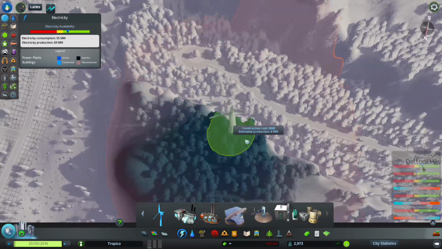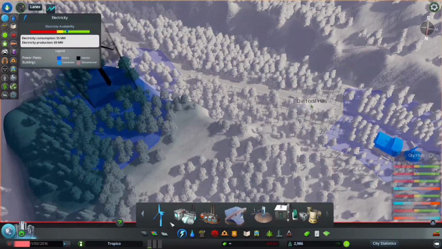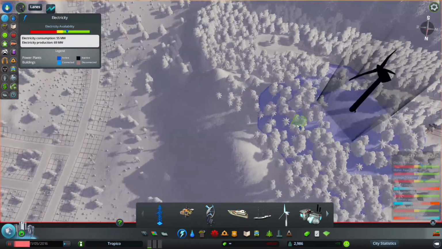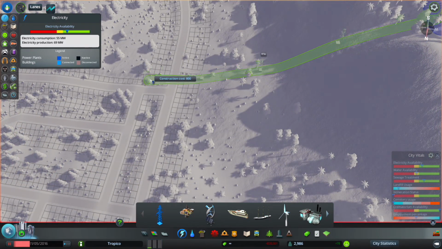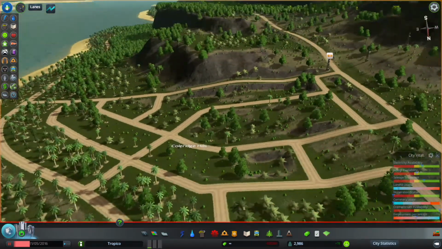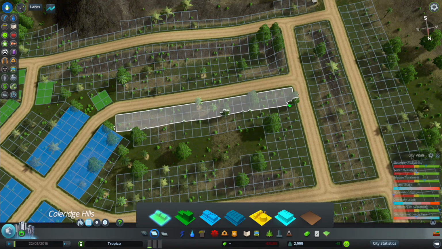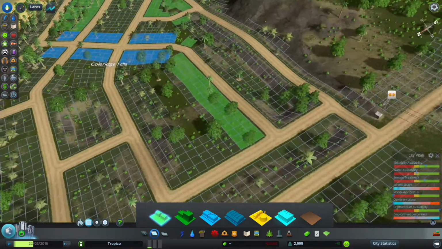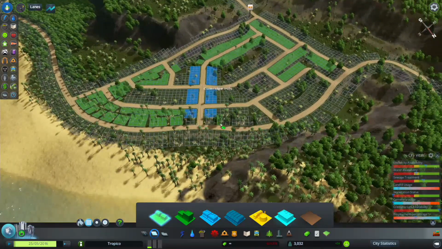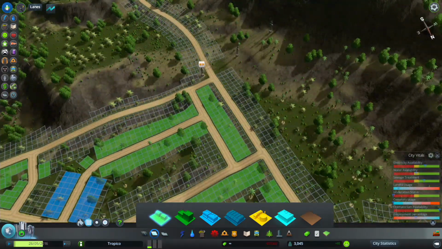Yeah, let's put one right here. Might as well. And then I will run a power line over to here, plus a power line down the hill. Let's zone in some more residential, and yeah, 2 and 3 deep zoning is fine for there, as well as there. Alright, so we have absolutely no demand. Yes, indeed. So...